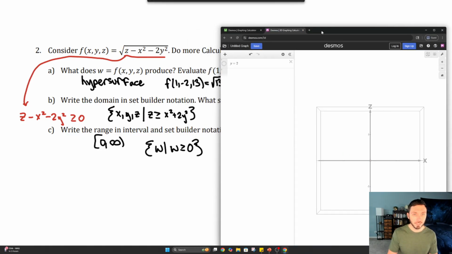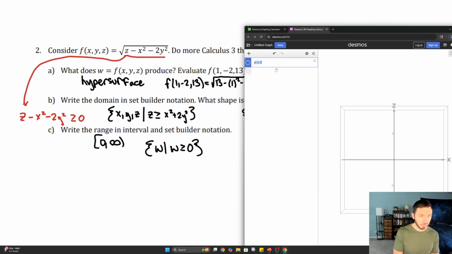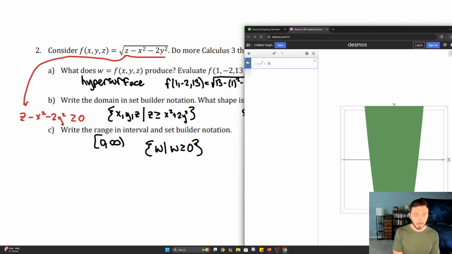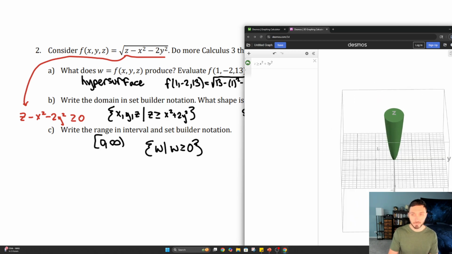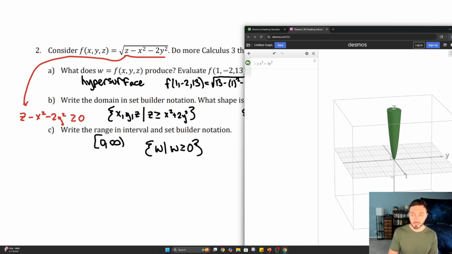The domain would just be when z, so think about how we can't have a negative underneath the radical, just like how we saw in algebra. I can say when z is greater than or equal to x squared plus 2y squared, these would be the domain of inputs. So this is a solid figure. I can kind of zoom out and get this figure forever. All these values are acceptable inputs, and then the output would be a hypersurface that we can't quite visualize,